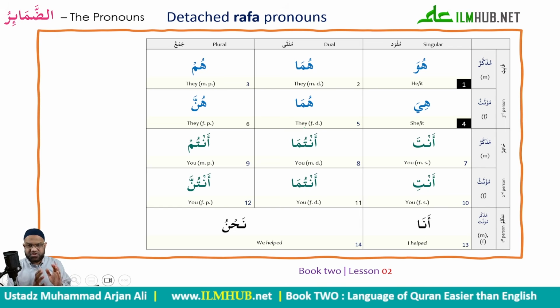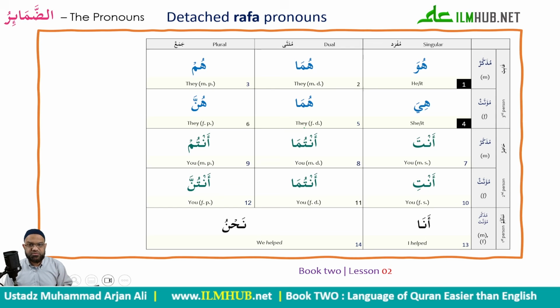Please follow my instruction, follow this order. It will remove a lot of confusion, especially when we go to mudari, if you stick to this order. I know there are other ways of learning. You start with the first person first. There's nothing wrong with it. I'm not saying it's wrong. All I'm saying is it will be easier for you to understand the conjugation, in my view, if you follow this method. So we have 14 pronouns that we will now replace each one with a verb on the root.